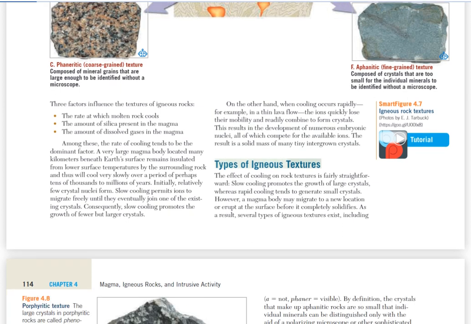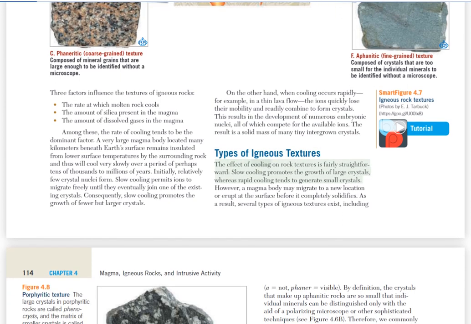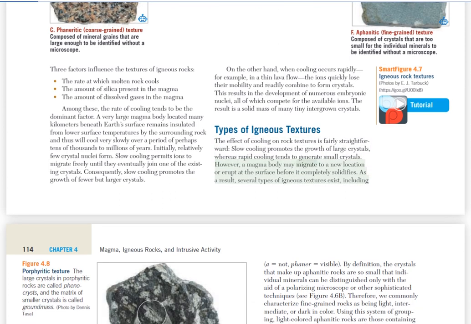Types of igneous textures. The effect of cooling on rock textures is fairly straightforward. Slow cooling promotes the growth of large crystals, whereas rapid cooling tends to generate small crystals. However, a magma body may migrate to a new location or erupt at the surface before it completely solidifies. As a result, several types of igneous textures exist, including